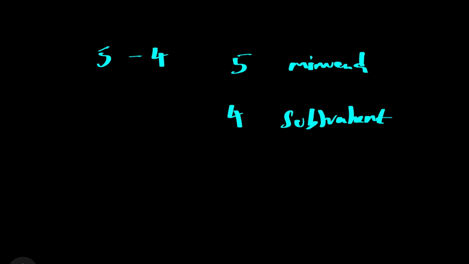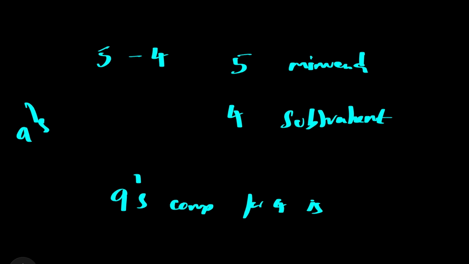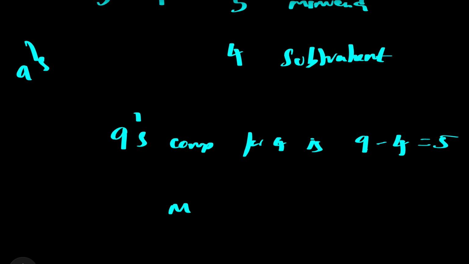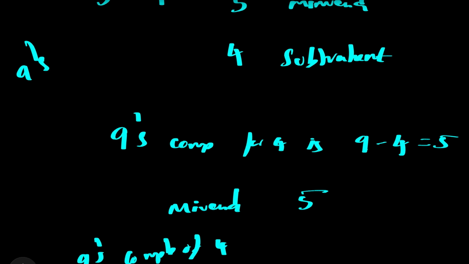For the 9's complement, we perform it on 4: 9 minus 4 is equal to 5. It's simple, right? So now we have the minuend is 5, and the 9's complement of 4, that is the subtrahend,